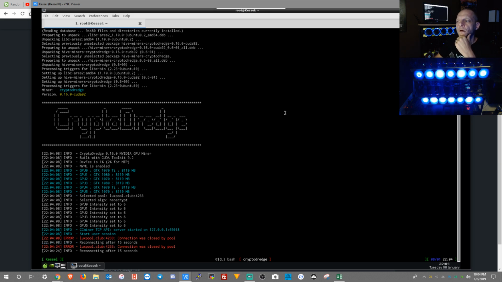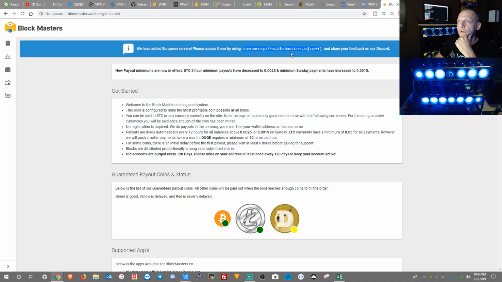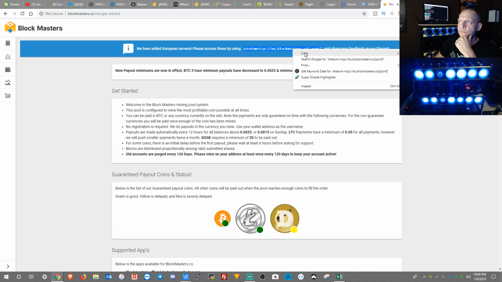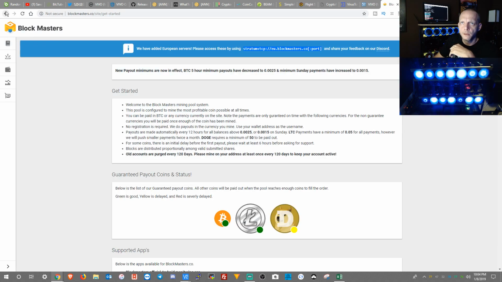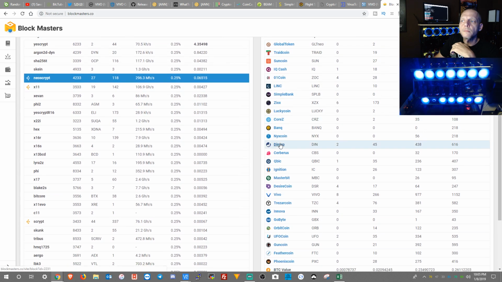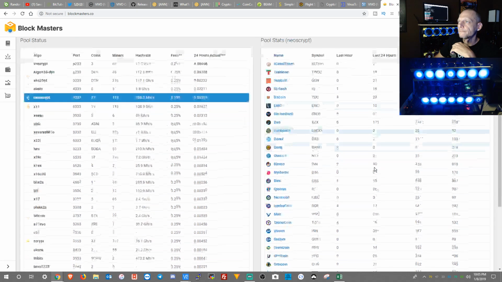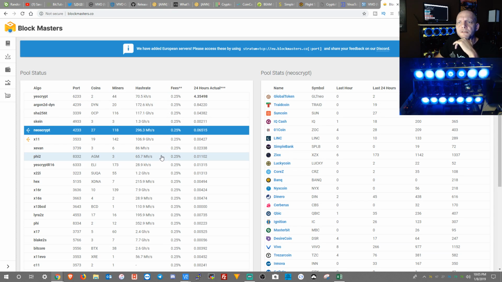Now I had a different pool. So let's go to, we had this pool also, right? So let's try this one. I think it's got the same port number. 4233 for VIVO. Am I doing this right? Or is this like a shared pool situation here? NeoScrypt 42. I see it's not pointing me to the actual coin, unless maybe that's part of the...